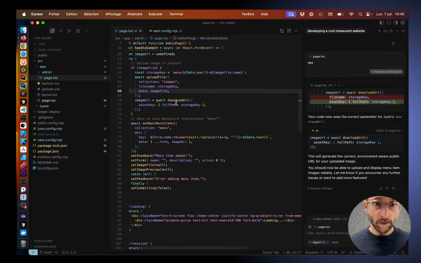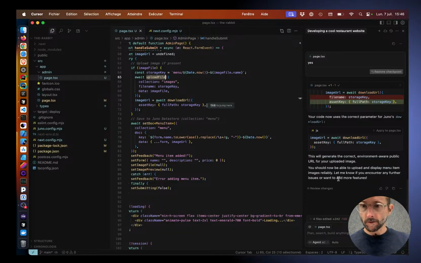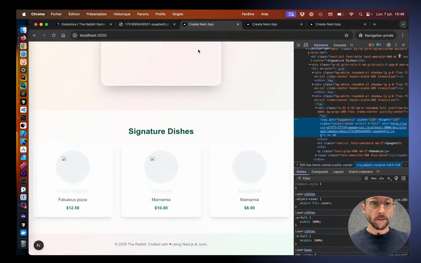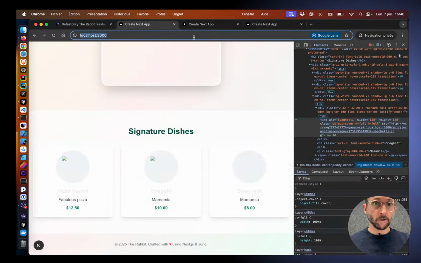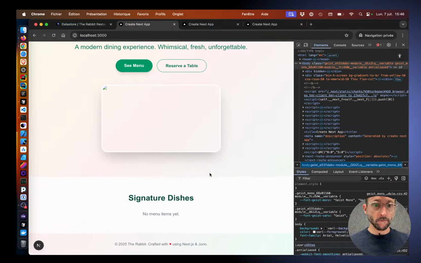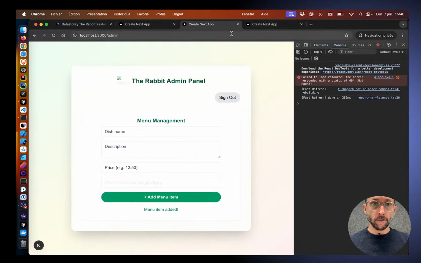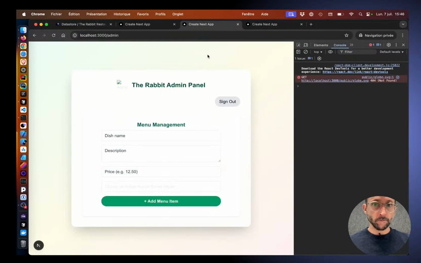So upload file, then it does that. Yeah, it's a bit, I mean, he literally gets the answer from here, but yeah, I guess it's about just making stuff happen, right? So here we don't have dishes, and if I go in the admin section,